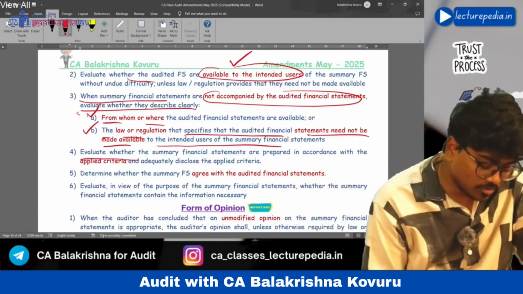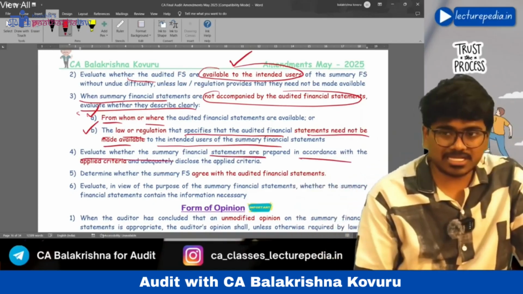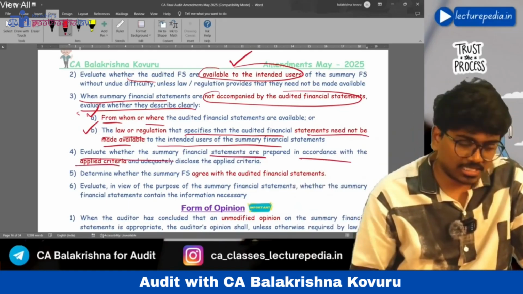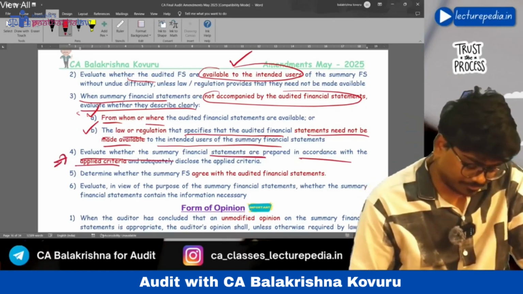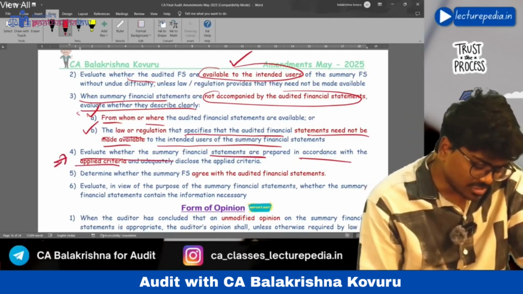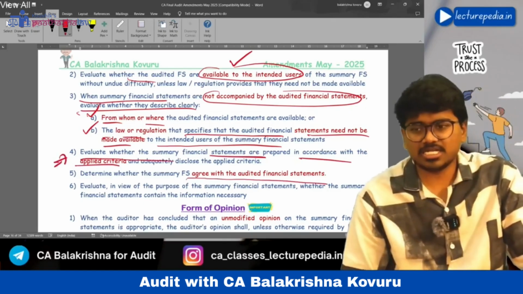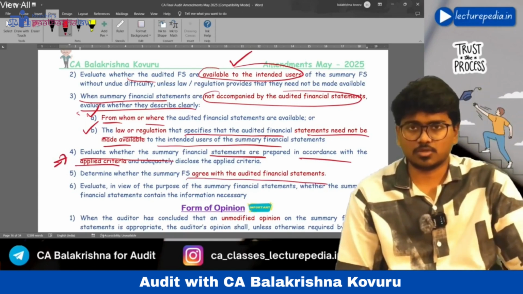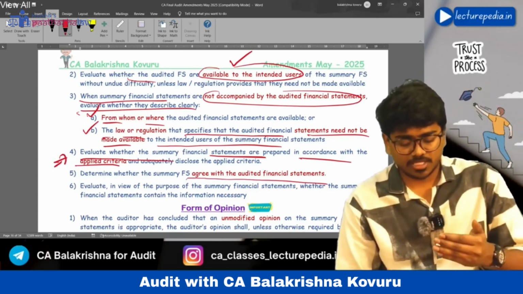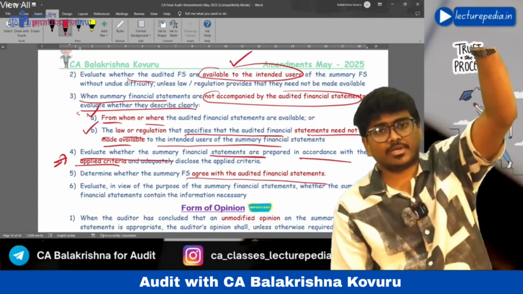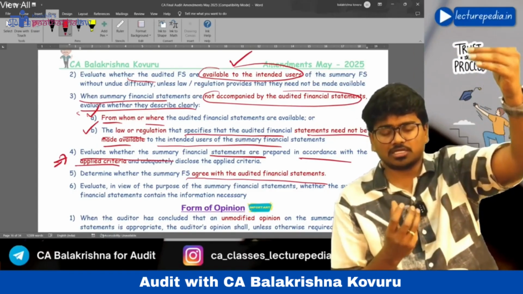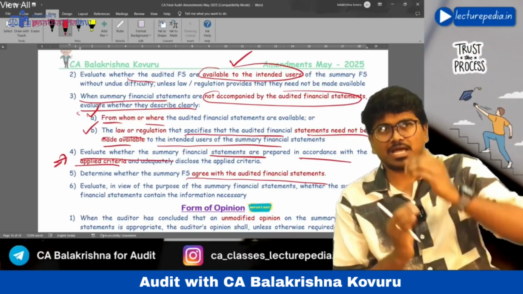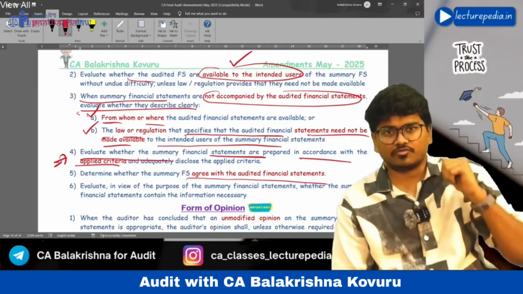Next, evaluate whether summary financial statements are prepared in accordance with the applied criteria or not. This is a basic point that the auditor has to check. Next, determine whether summary financial statements agree with audited financial statements. Obviously, summary financial statements are prepared from the complete set of audited financial statements, so the amounts and figures shown in summary financial statements should match with the audited complete set of financial statements.